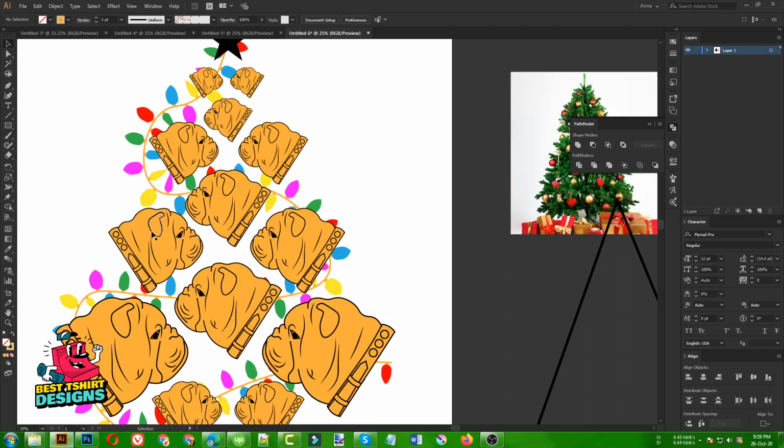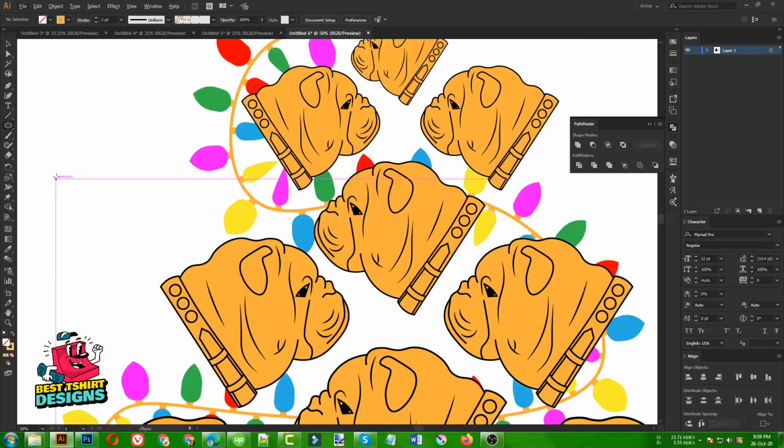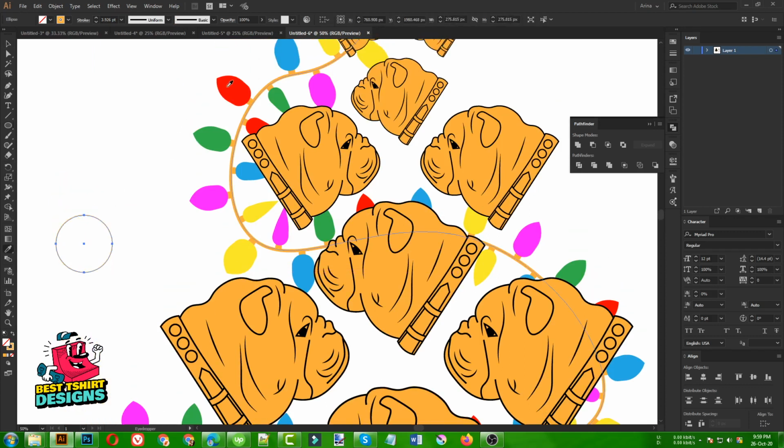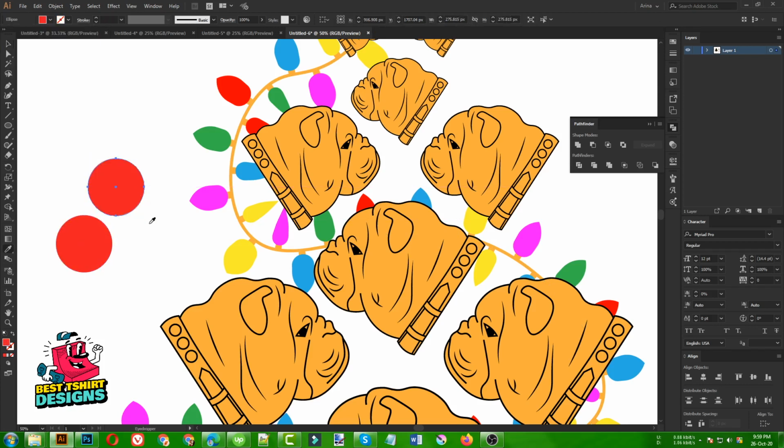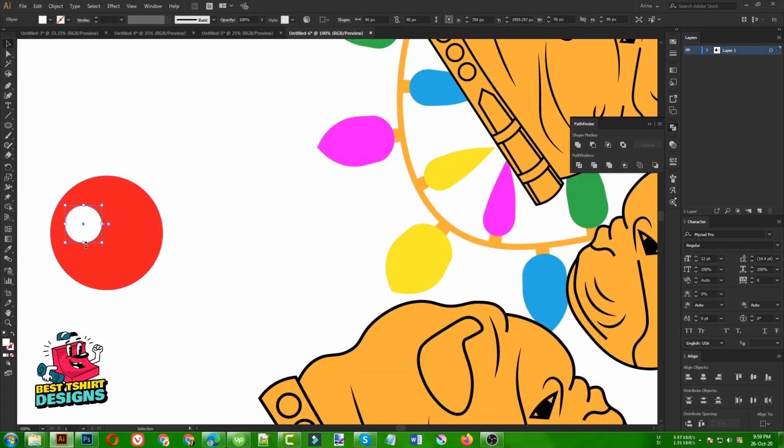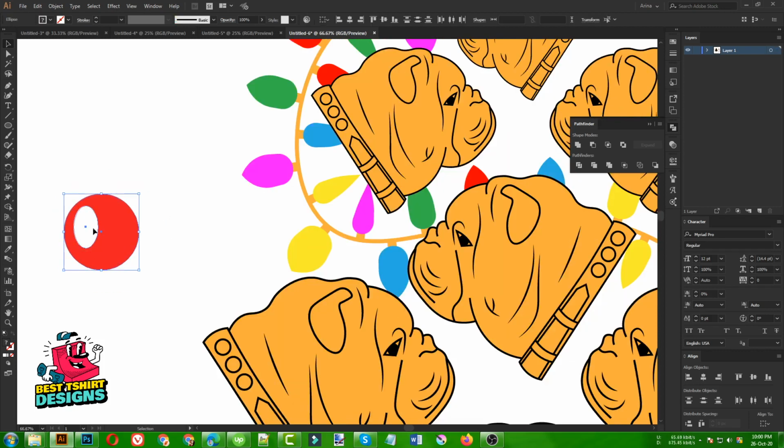Then we can always make some, let's draw an ellipse here. Take the eyedropper to fill it with any color you want. Okay, that is not a color like this, maybe some, okay, let's keep it red. Then copy it here, take the eyedropper to make it white, then again place it like this. It will give this ball a kind of glazy effect, like this is a round shape. It will give it a feel like that.